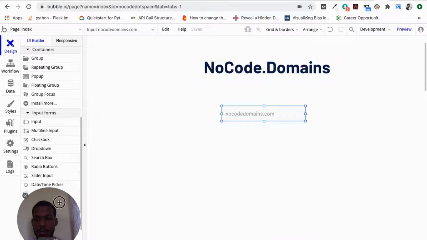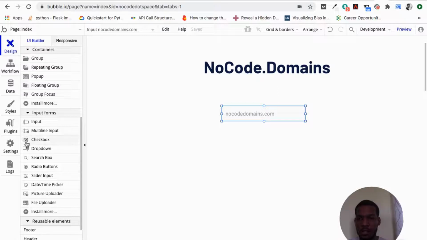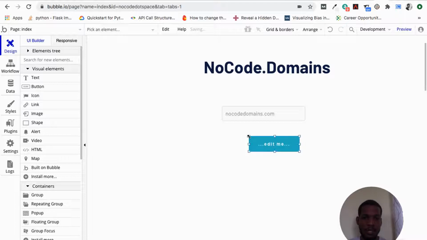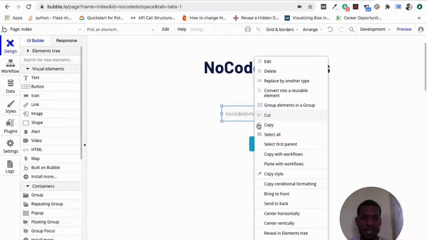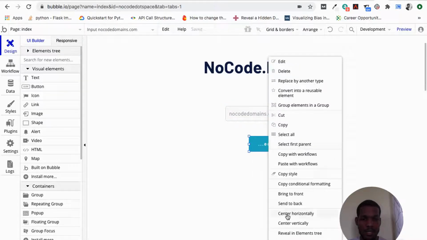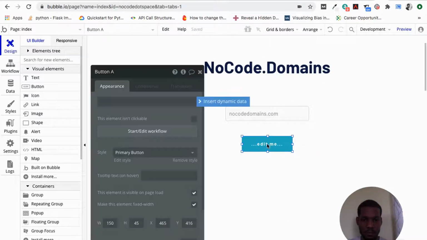From there, would want to create a button that would allow persons to submit the domain name to the database. So the button we'll put there. We can also center these on the page by doing a center horizontally. I'll do a center horizontally there. So for the placeholder text, I'll use the word submit,